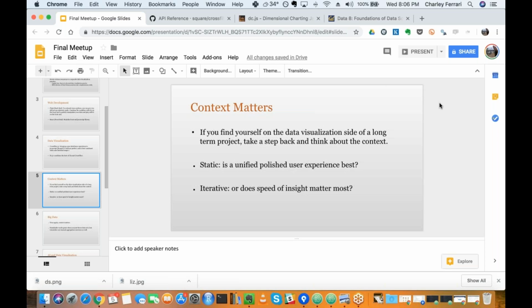With live data, it's getting an idea of the range of data and what's the best way to deal with high traffic days, low traffic days, high variation, low variation, and still be able to show the insight that you're looking to